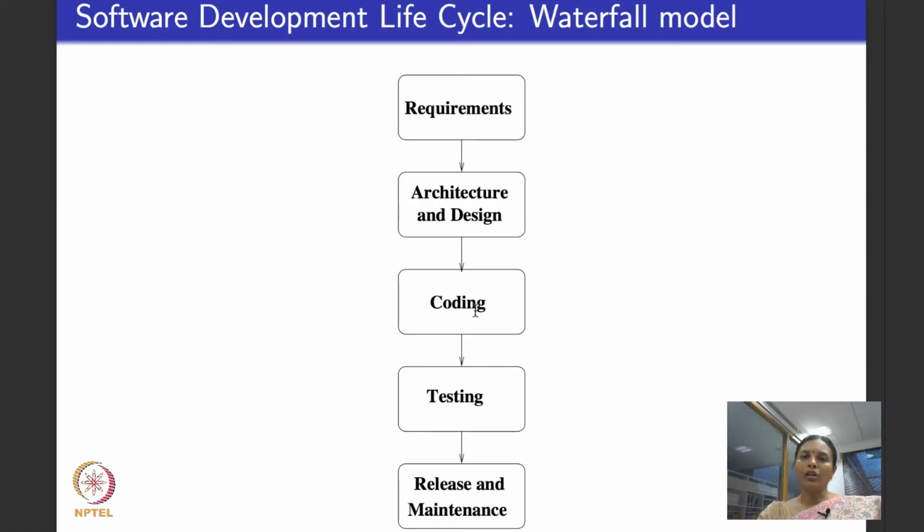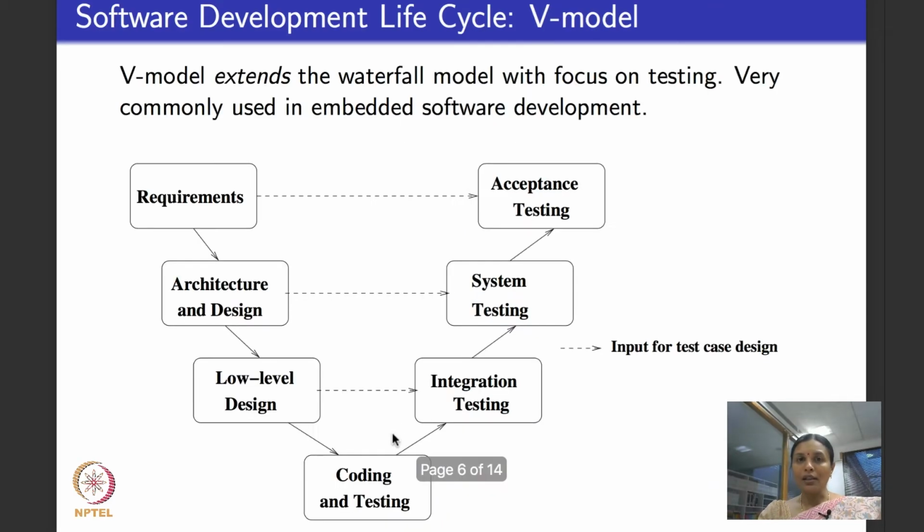In the waterfall model, you assume that requirements are baselined before you do architecture and design. You finalize the architecture and design before you write code. And when you have begun testing, your code is more or less ready. There's not much going back, up and down, back and forth. That doesn't happen. Testing, as we saw in this course, is predominantly related to another software development lifecycle model called